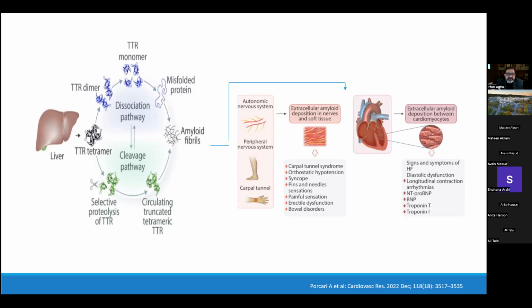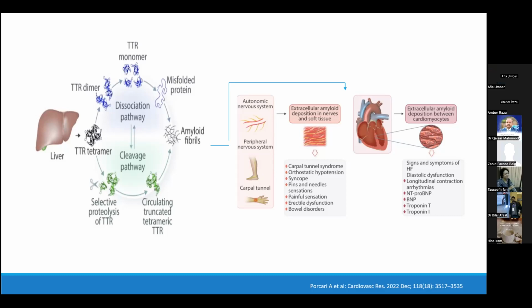Now, sometimes if there's a problem, if there is senescence related changes or some mutation, then these tetramers start breaking up. So there's a pathway called the dissociation pathway, where because of some mutation, this tetramer becomes unstable and breaks down into its monomers and then misfolds. And this is an amyloidogenic protein, which means that once these monomers are running around, they can fold into beta-pleated structures and eventually form amyloid